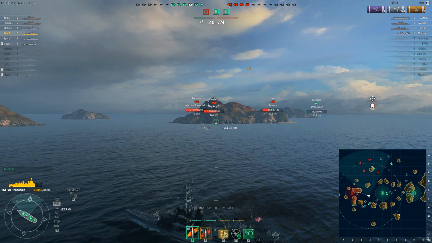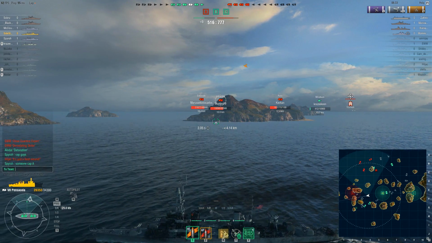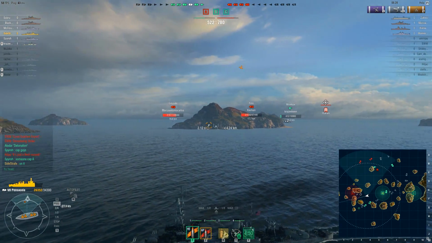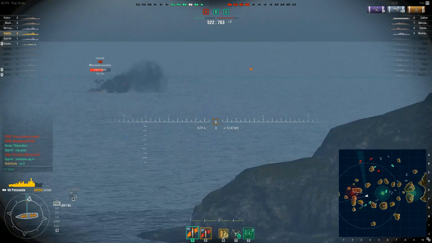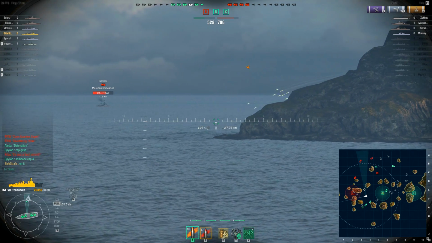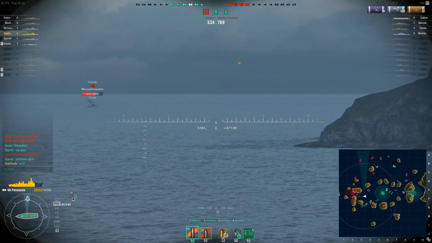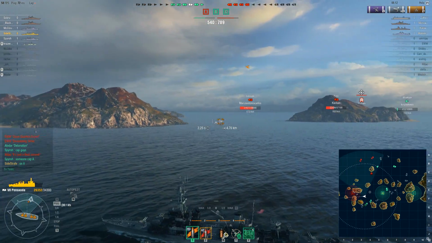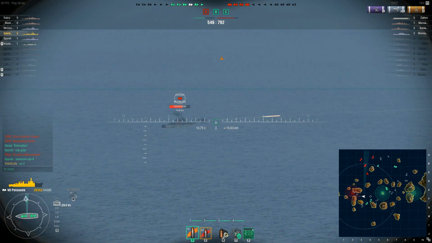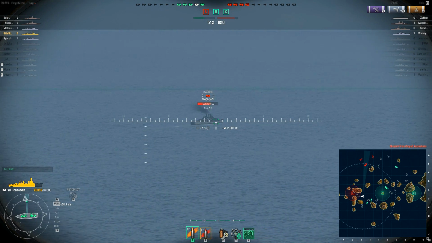Got HE loaded, ready for AP on the next salvo, though. Going for A. Don't want to get hit here, though. Carrier's not that far from us either. There's a Cleve, but it's really in a bad spot for me to shoot at. It's not really a whole lot I can do about that. The enemy is about to...